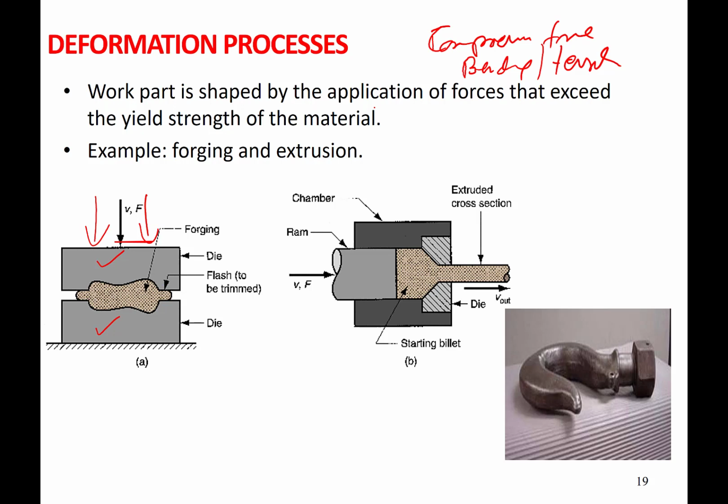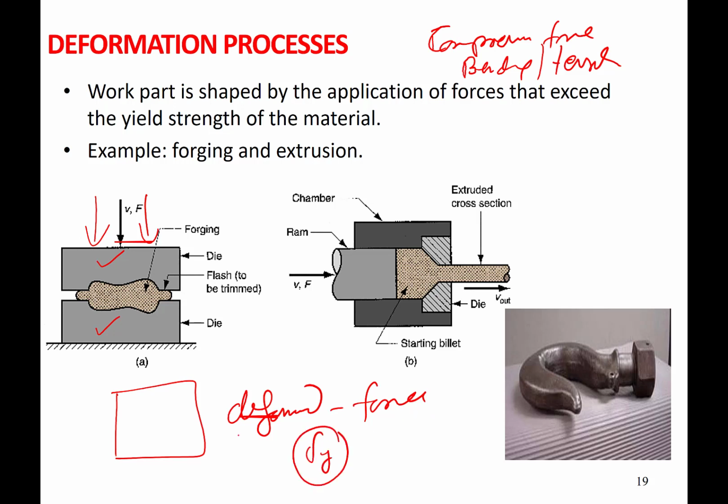So basically the bulk material is deformed using suitable force, by applying stresses greater than the yield strength. For deformation, it is necessary that the ductility or percentage elongation of the metal is high. Then only you will be able to deform. Once the metal is deformed plastically, its shape will change, its size will change.